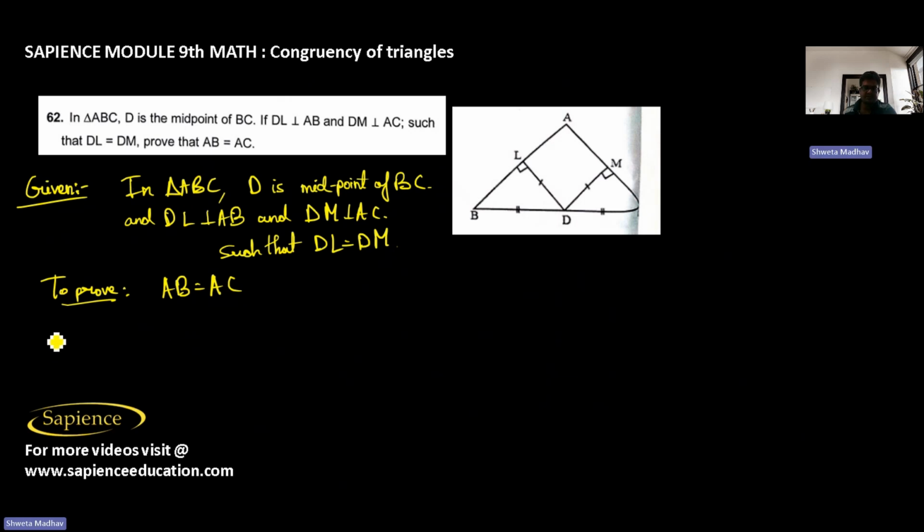Prove that AB is equal to AC. How to prove? The proof is that in this triangle BDL, here this is C. This point C here. So I can say that in triangle BDL and triangle CDM,